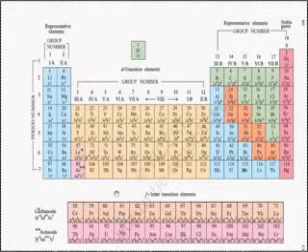At the bottom of the periodic table, you have elements with atomic number 58 to 71 and 90 to 103. Now this is known as inner transition elements, and they are also known as F block elements. This is known as lanthanoids, and the next series is known as actinoids.